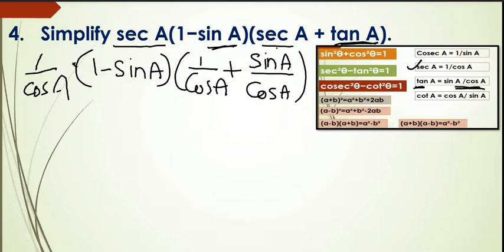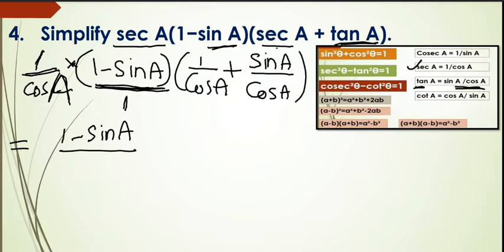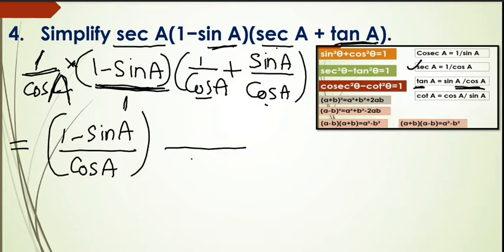Now observe that this is multiplication. 1 minus sin A by 1 we can write. So this is the fraction 1 by cos A, and 1 minus sin A by 1 is also another fraction. Fraction multiplication: numerator multiplication, that is 1 minus sin A by cos A into 1, that is cos A. So observe here cos A, in the denominator the same cos A is there, so that becomes the LCM. So cos A is the LCM here, and the numerator becomes 1 plus sin A.